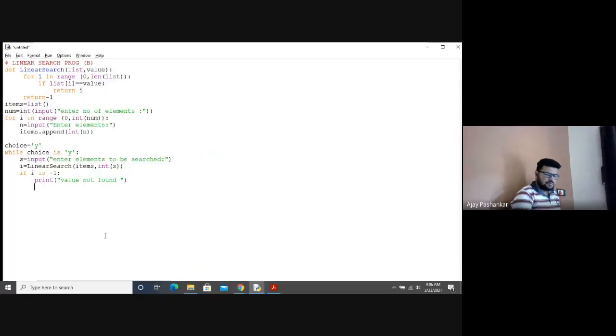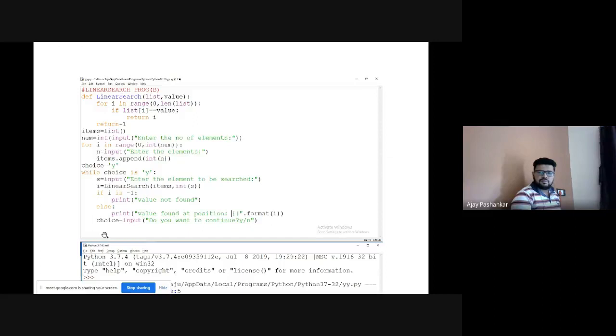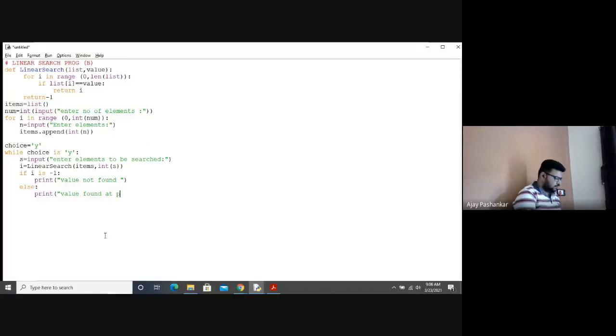So else, it will definitely need some indentation. Print value found at position.